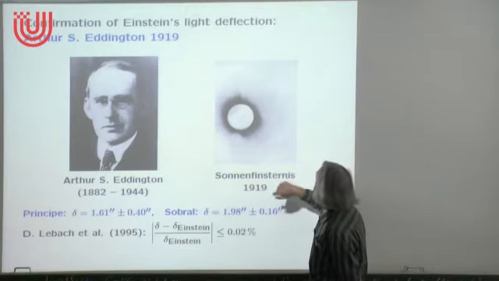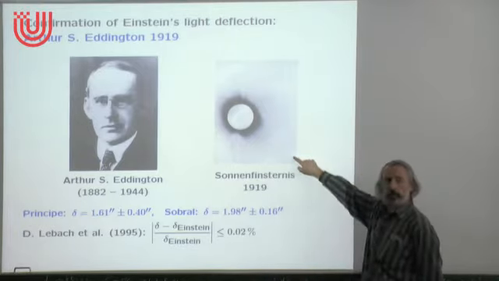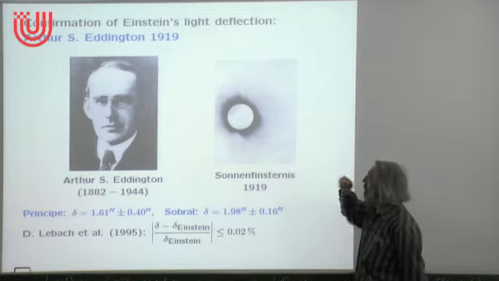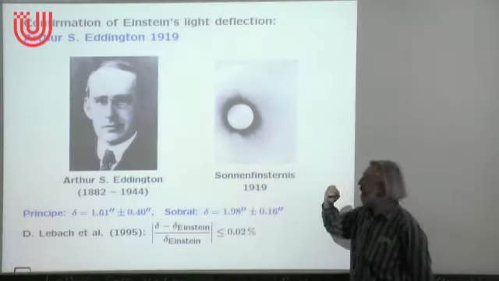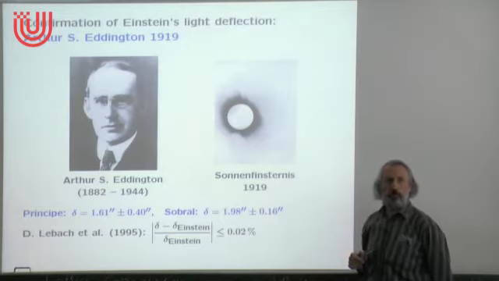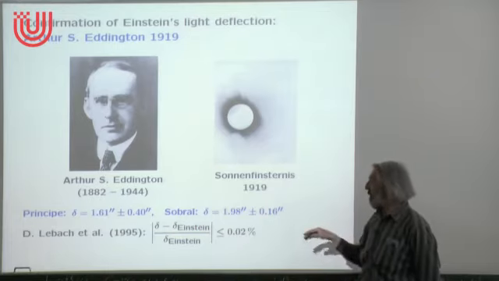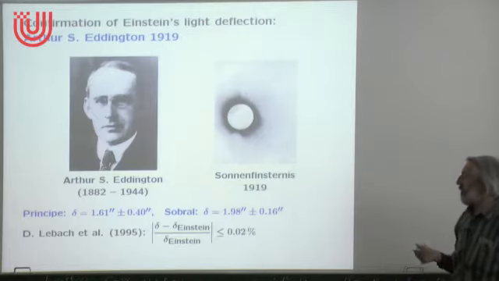So it's hardly recognizable. Here you see very, very dim these marks, which indicate the position of stars. Yeah? And these were compared with the position of the stars in pictures which were taken half a year earlier, when the sun was not in the way. And what you expect from the theory is that the position is pushed radially outwards by either the angle 0.87 arcseconds or twice this,